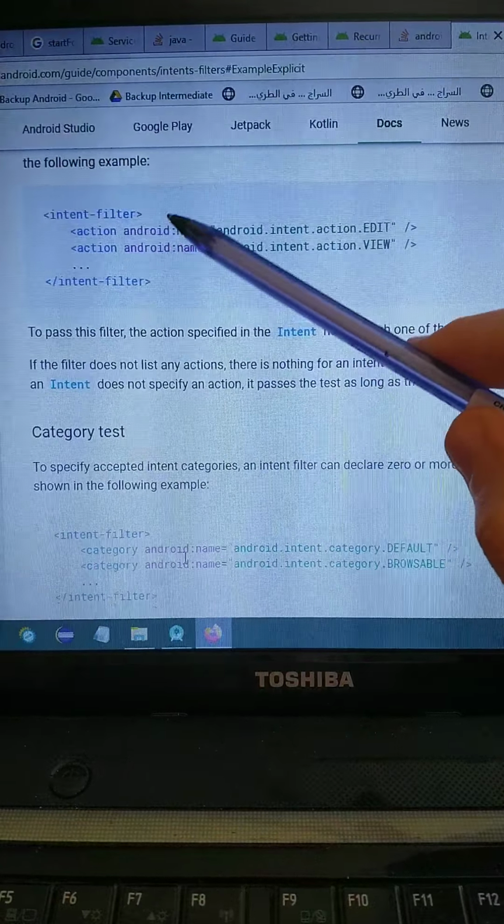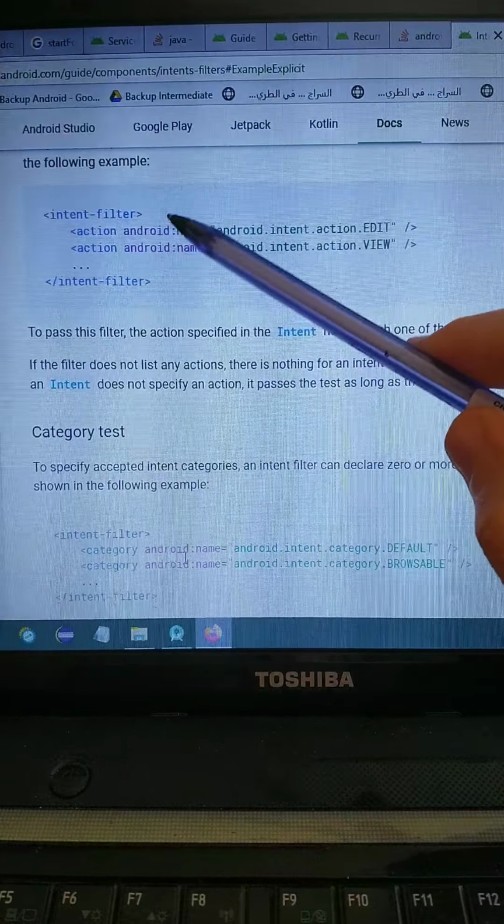So this specific sentence actually summarizes these two confusing lines. If the filter does not list any actions, there's nothing for an intent to match. So all intents fail. Because what are you saying?